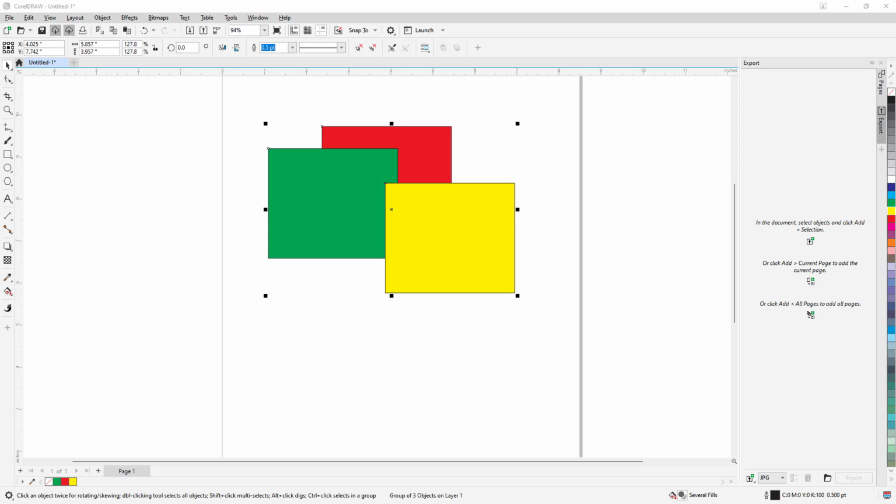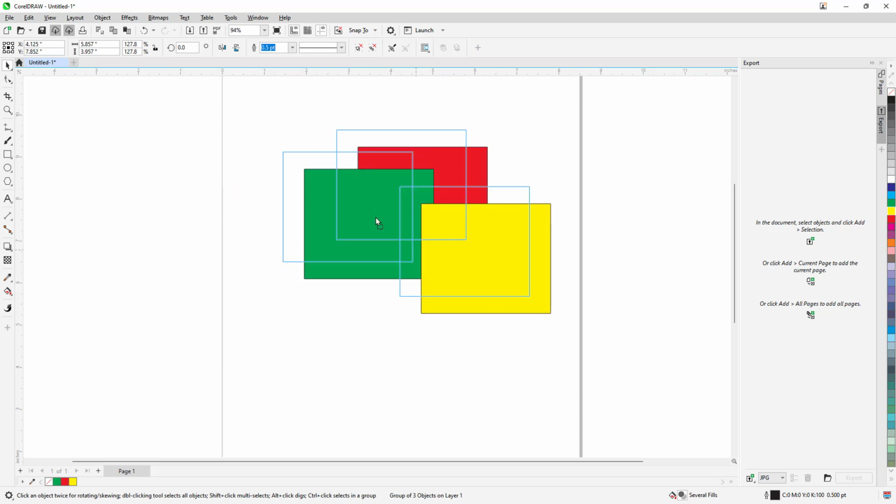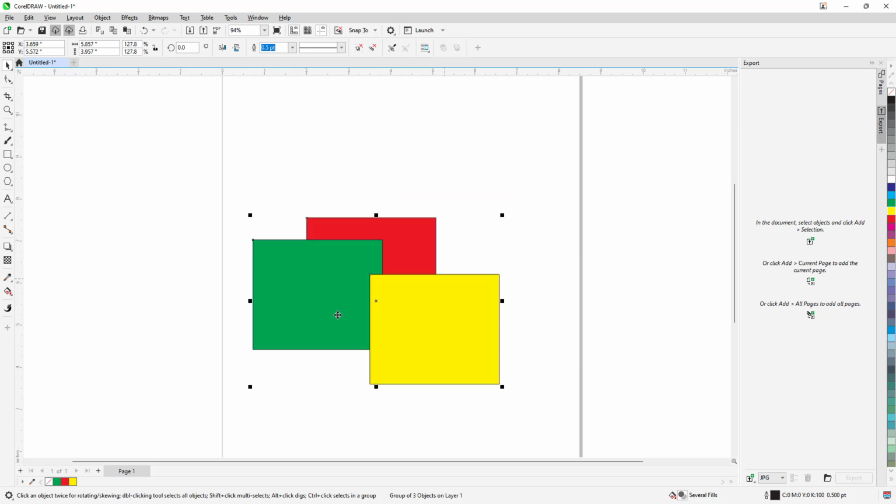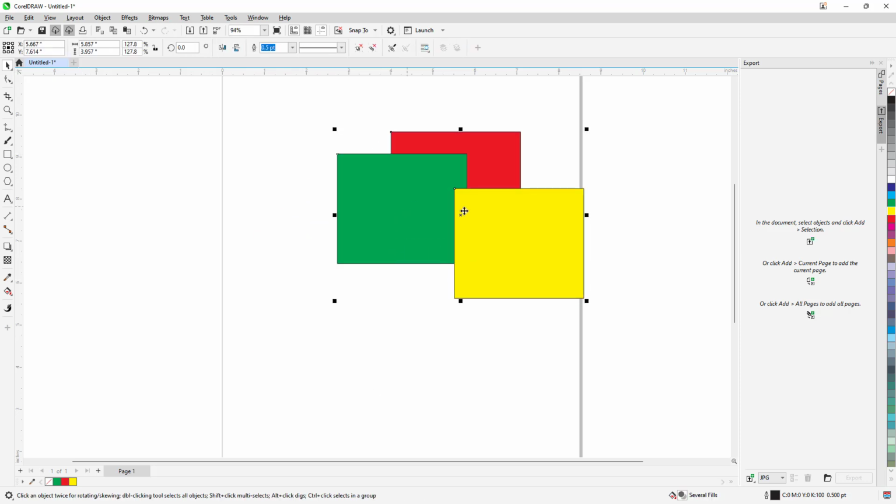So now let's see how we can resize, move, and rotate our contents inside of CorelDRAW right here. Over here you can see that I have this graphical object, and if I want to move it, I can simply click and drag to move it right here. For that, I need to choose the Pick tool right here. So if I click and drag, you can see that I can move it